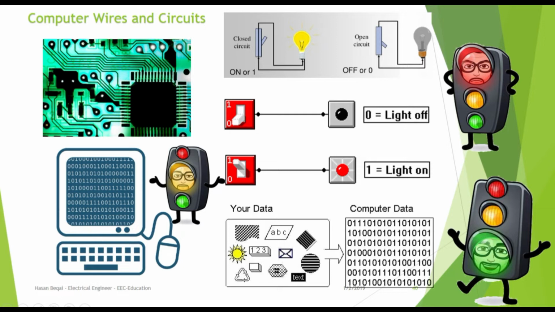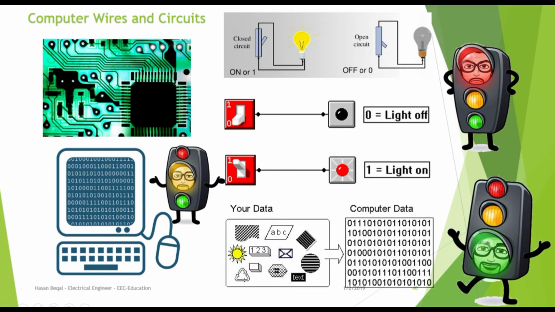Well, if you have a single wire with electricity flowing through it, the single wire can be either on or off. That is not a lot of choices, but it is really important to start. With one wire we can represent a yes or no, true or false, 1 or 0, or anything else with only two options. This on-off state of the single wire is called a bit, and it is the smallest piece of information the computer can store.